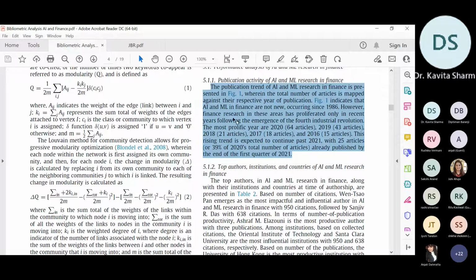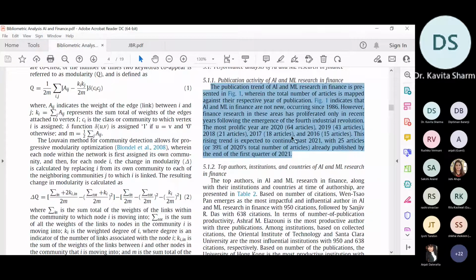However, finance research in this area has proliferated only in recent years, because the maximum number of research publications are in 2020, 64; 2019, you can say 43; then 21, 18, 15; in 2018, 17 and 16. So the number of papers is increasing year by year.